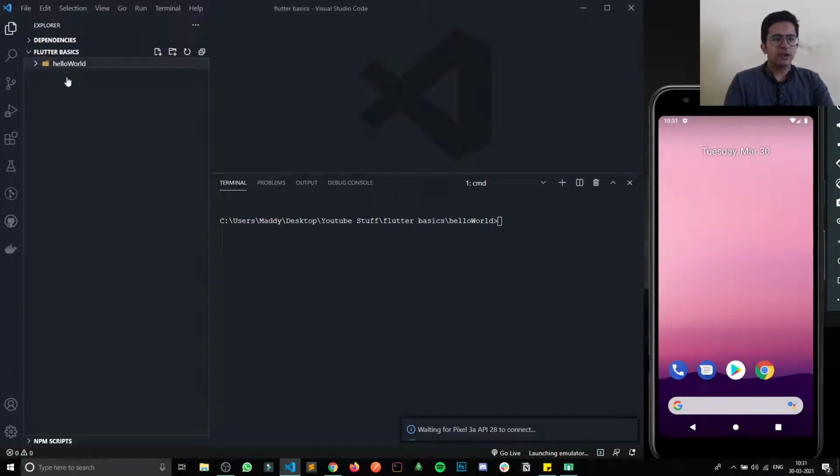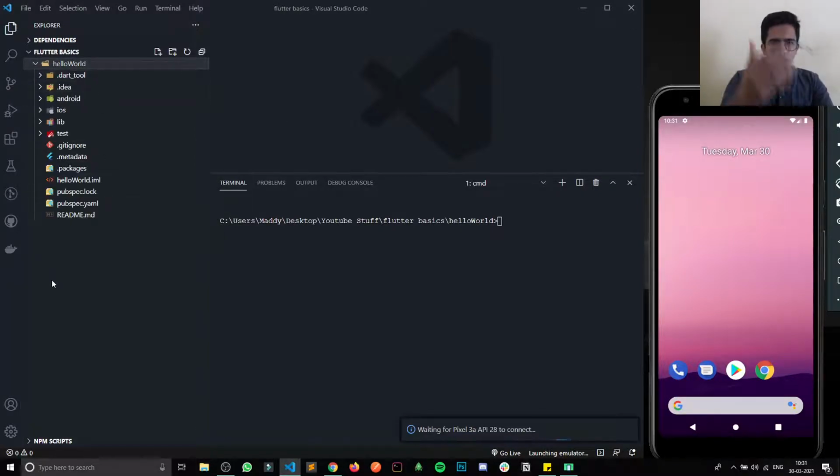First of all, I will go through the folder structure and what is what and stuff like that. First we have to be familiar with the project structure, right? Instead of starting with code, I think we should know where to write the code. So I think I have to wait for some time.